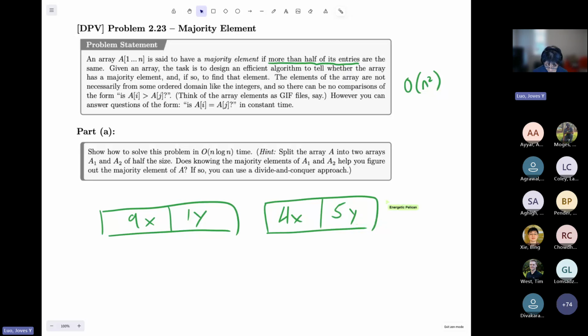Because if I had a bunch of z's here, 4z, need to keep another 4z. No matter what, the z's are not going to add up enough to be a candidate for the majority. Now, there could be two possible majorities. But what's interesting is that if